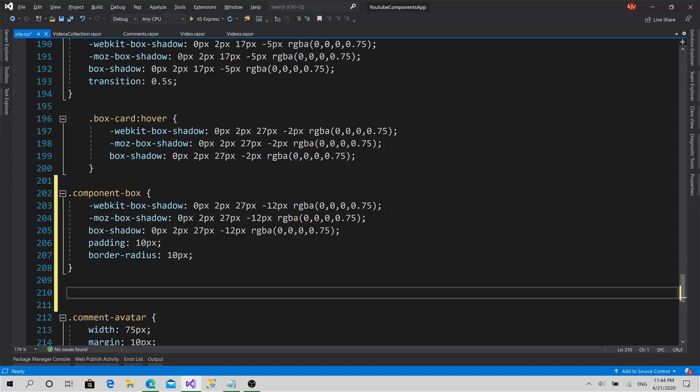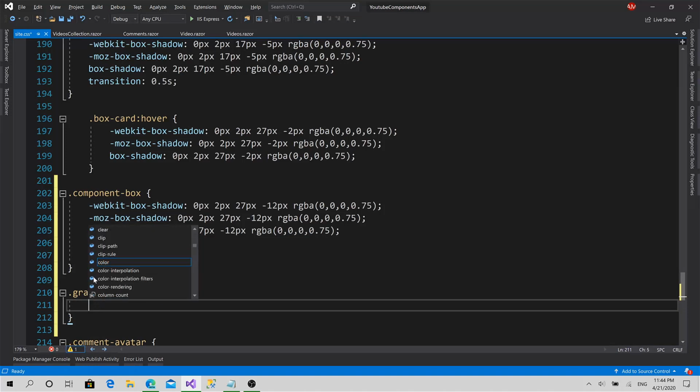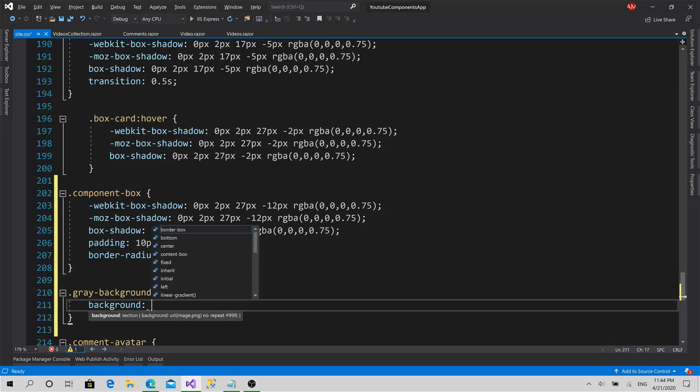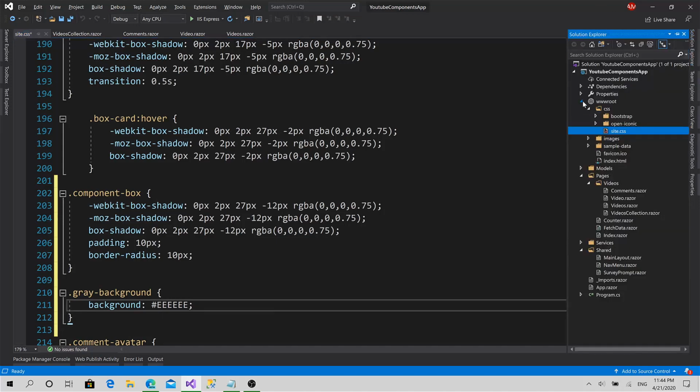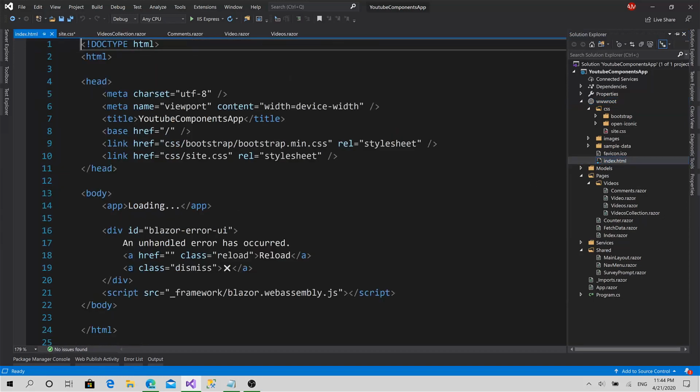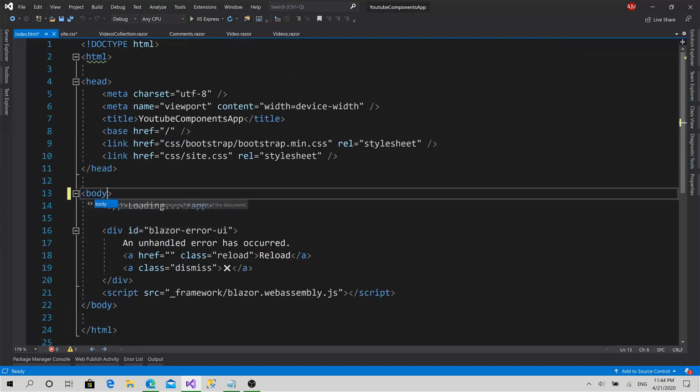And we'll create .gray-background, just the background color, going to be, yeah, like this, light gray. Now we can go to the SWW root index, get the body, class gray background,